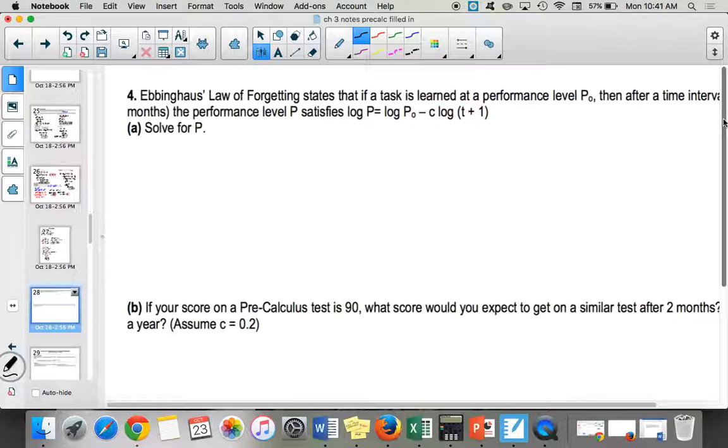Like, I cannot take my French 4 exam. I've forgotten all of that. Same with like econ or history. I would not do well on those exams because I'm a little bit further out of high school than you guys are, right? So this is used as logarithms. So it's called the law of forgetting. So we can do this problem next time, but it's kind of interesting. All right, so